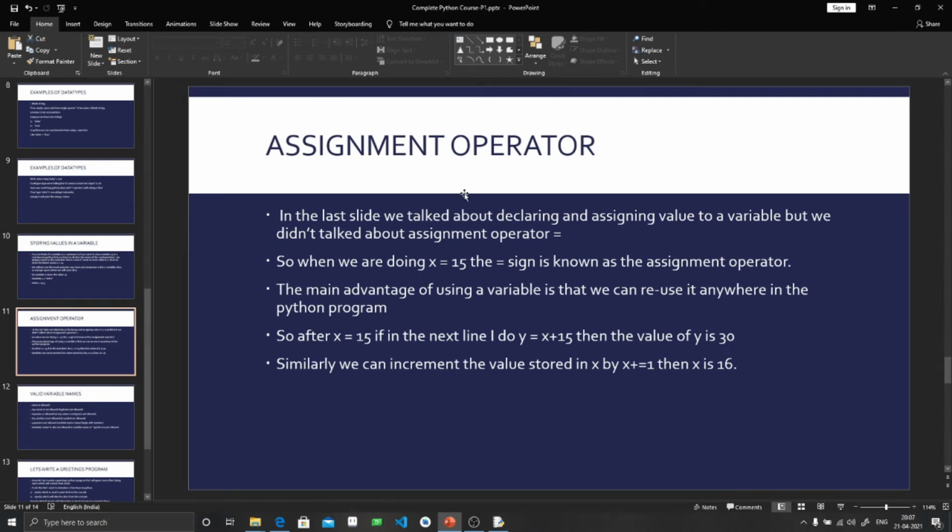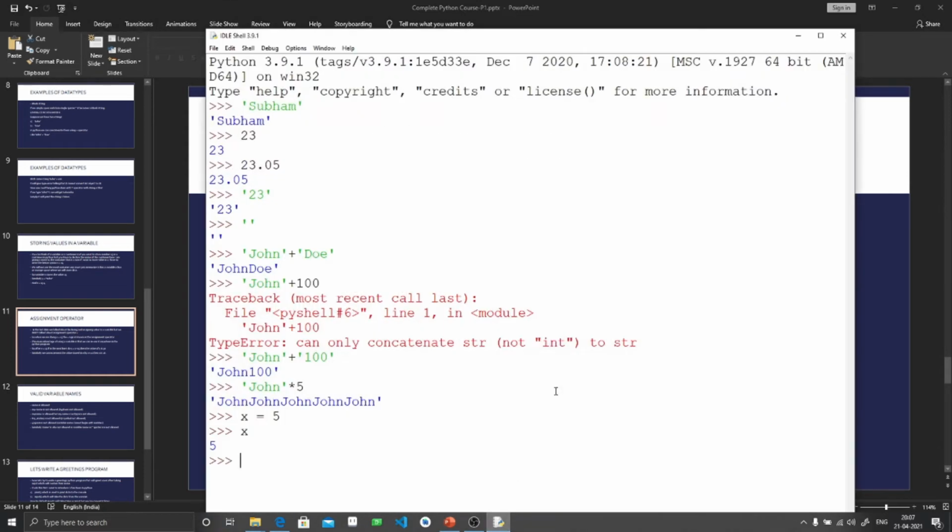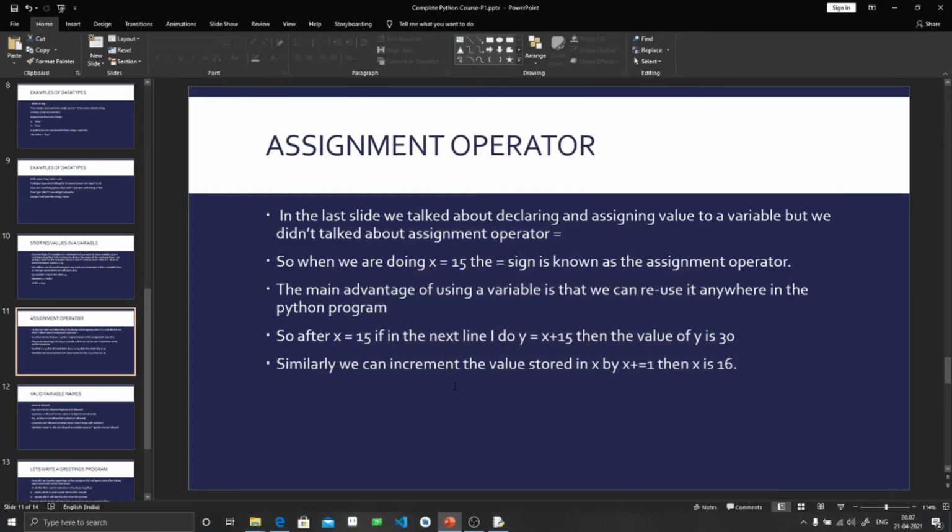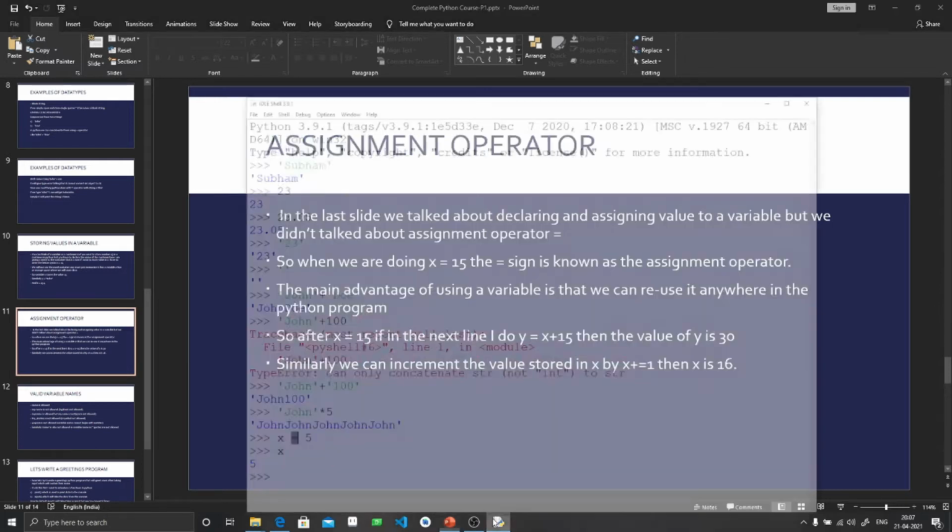So next comes the assignment operator. In the previous example, I showed you that x equal to 5, but I didn't tell you what this equal to means. Equal to is the assignment operator. So with the assignment operator we can do many things, but before that let me tell you